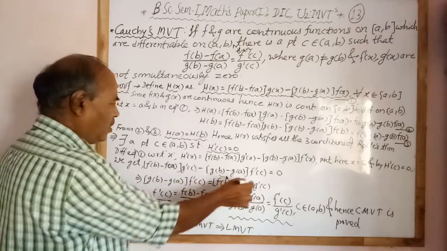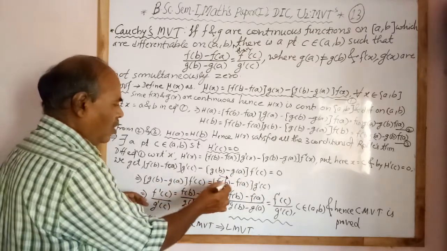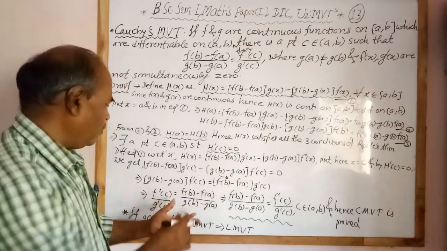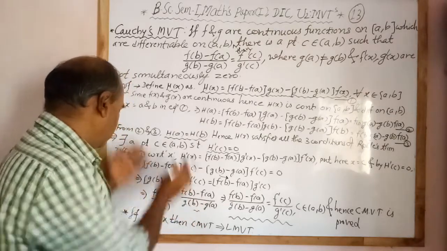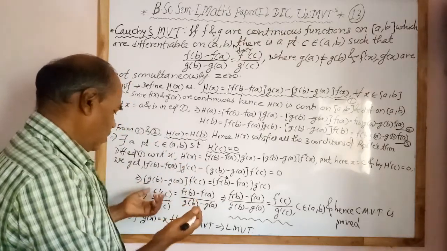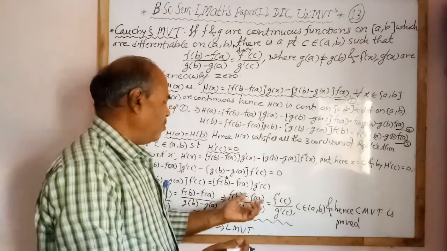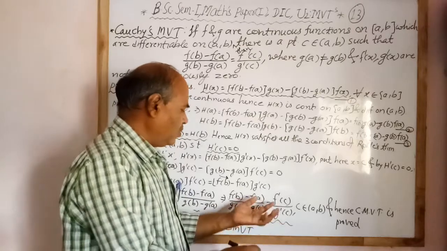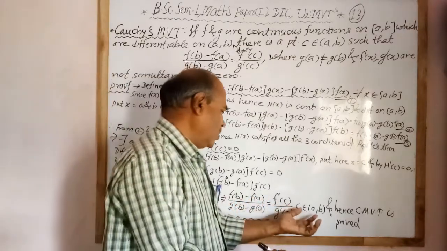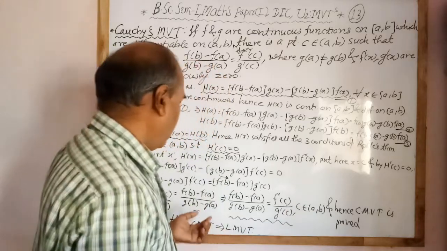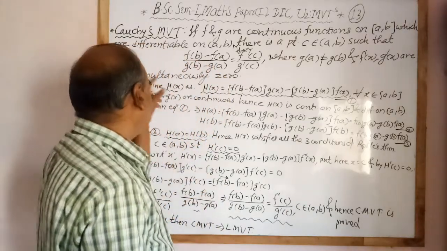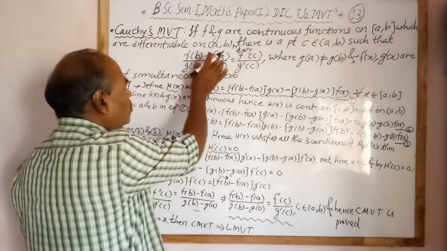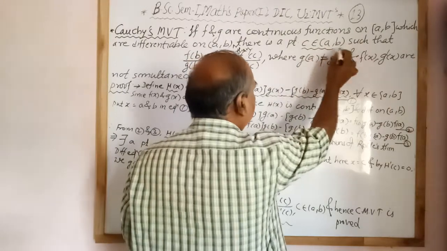Therefore, f dash of c divided by g dash of c equals f of d minus f of a divided by g of d minus g of a. Or we can write this term equal to the left hand side. Therefore, f of b minus f of a divided by g of b minus g of a equals f dash of c divided by g dash of c, where this c belongs to the open interval (a, b), and hence the Cauchy's mean value theorem is proved, because we have to prove there exists a point c belongs to (a, b)